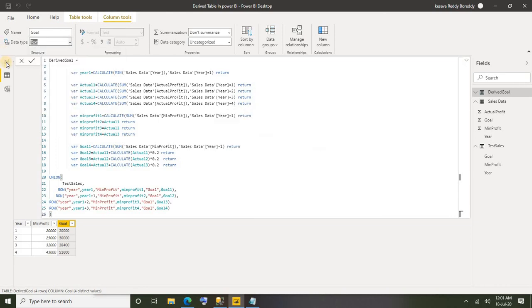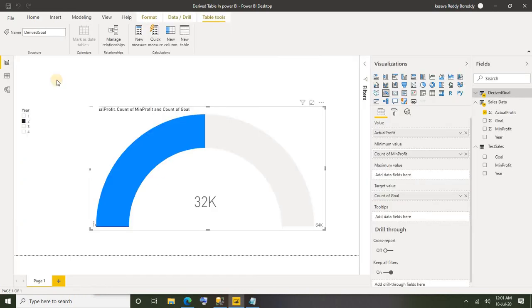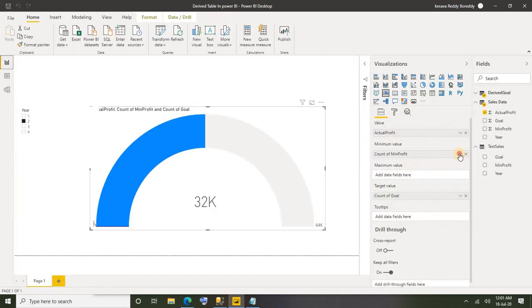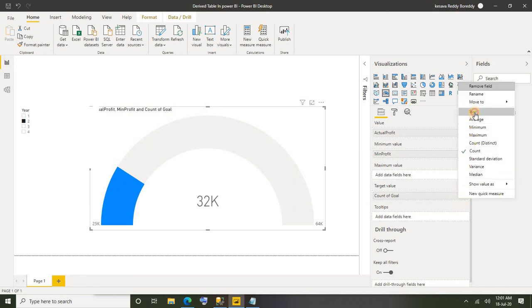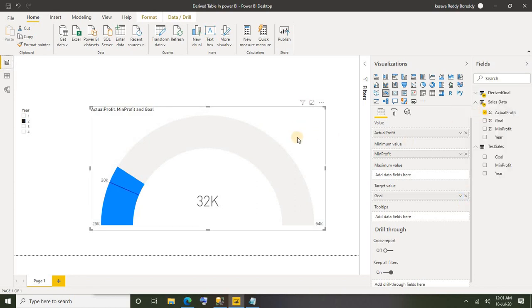Let's go back to visual. Now it should be fine. Alright, now let's convert that to sum. Yes, now I could see the option to sum, and in the same way let's sum target as well. Alright, now we are done.